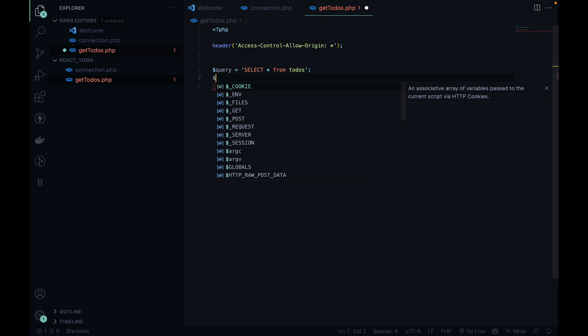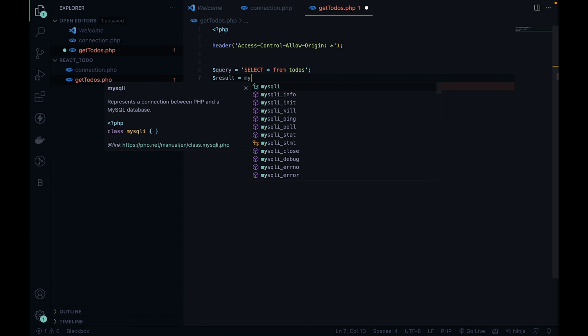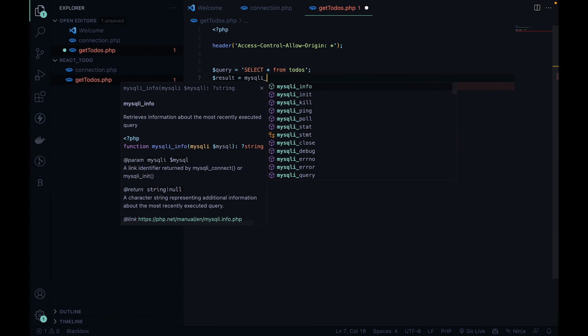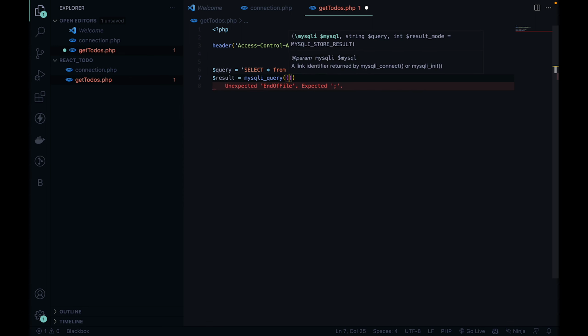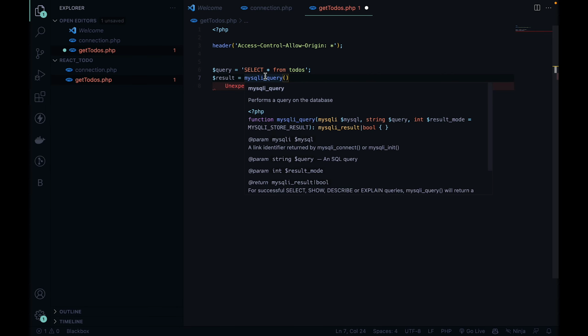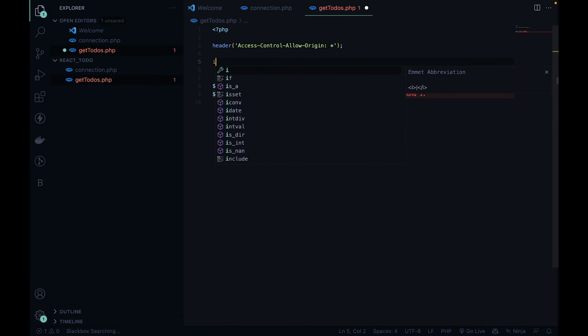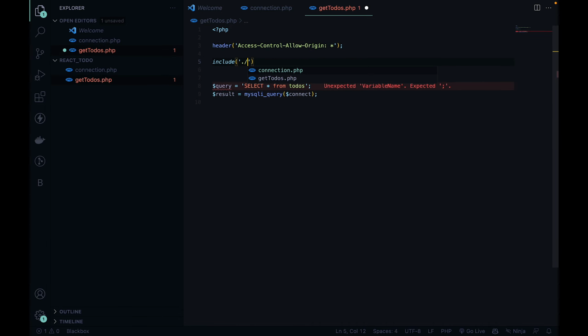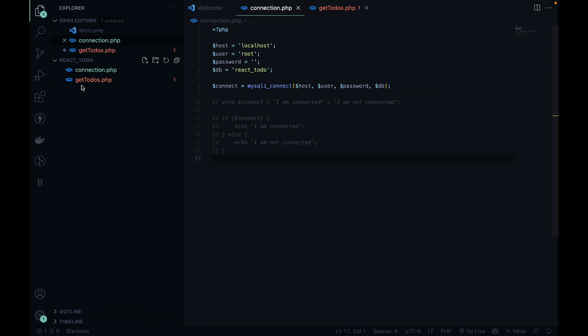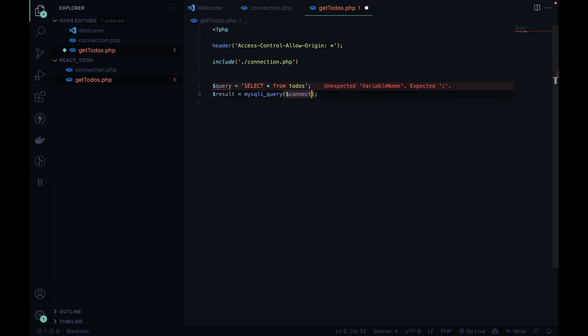and what we'll do is we'll just take the result as mysqli_query, and for this it will take MySQL and then the query. So the MySQL will be the $connect. So where is the $connect? That is include connection.php, and in the connection.php we have $connect. So we'll need that here, and the query